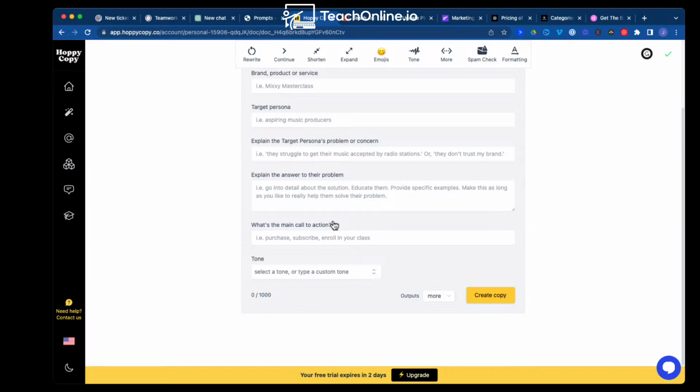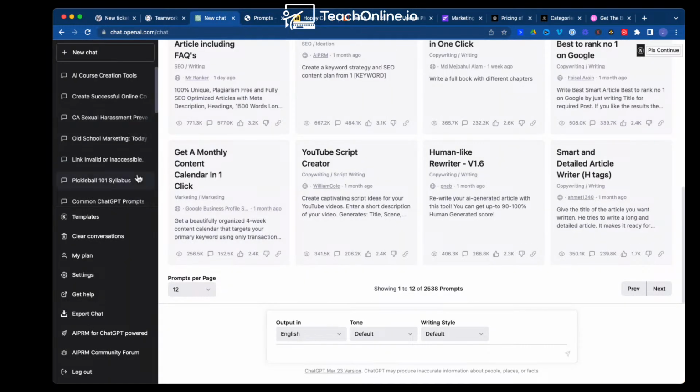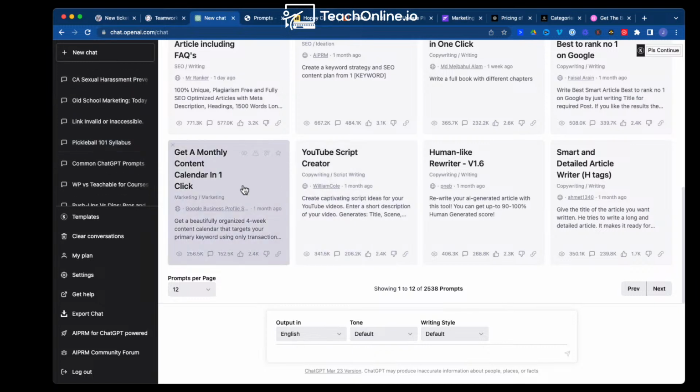So you look at that and, okay, great, I get that. It's going to create some emails for me. It's going to write specific emails. So the question becomes, if you are going to put something together like that, what happens if you just go and open up ChatGPT? What happens if you just go and say, okay, you know what? I'm going to open up my ChatGPT. There's an account there, for example. I'll just open up one.